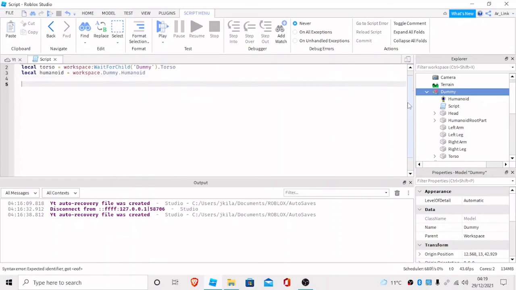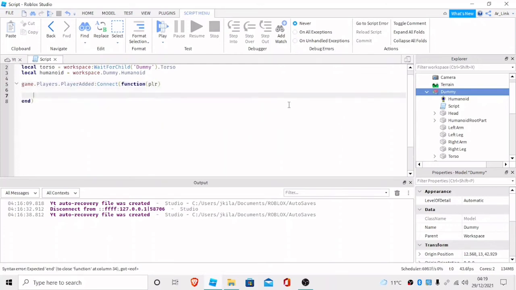Okay, so the next thing we want to do is we want to make it so when a player joins the game, this dummy will start walking towards it. So we can start saying game.Players.PlayerAdded:Connect(function, we can have a plr,